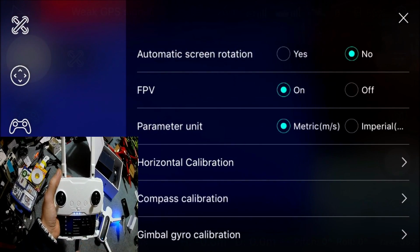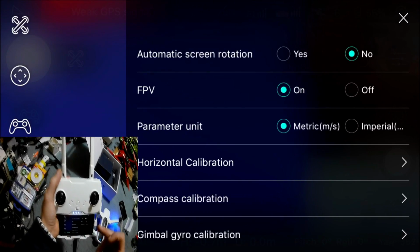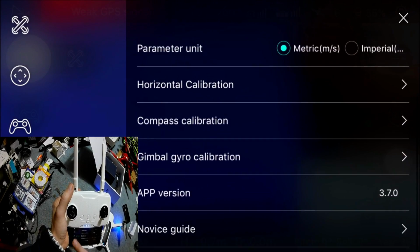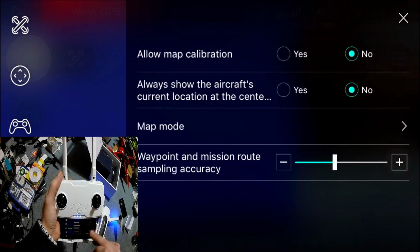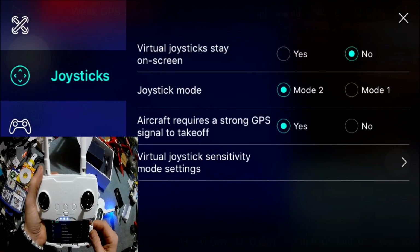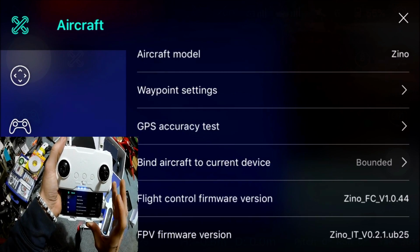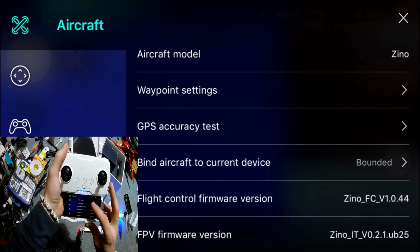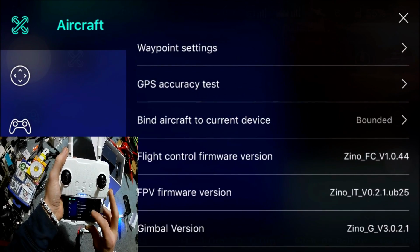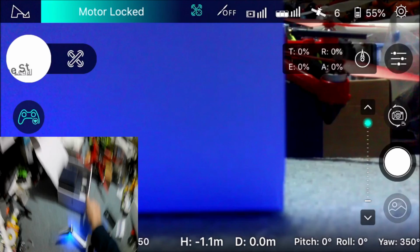Let's go into our, let's see, automatic screen rotation, FPV parameter, horizontal, compass calibration, gimbal gyro calibration. That's good to know where that is. App version, novice, map, no. Controls, transmitter monitoring, no. Virtual joystick. Aircraft mode, Zino, waypoint, GPS accuracy test, bind aircraft to device, bound, flight control. That's what I'm running on. I don't know if that's